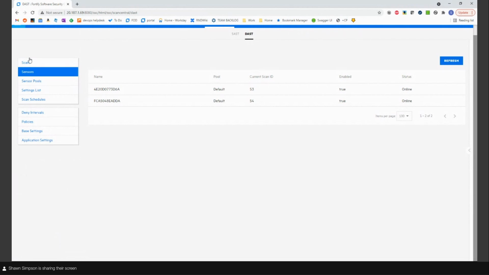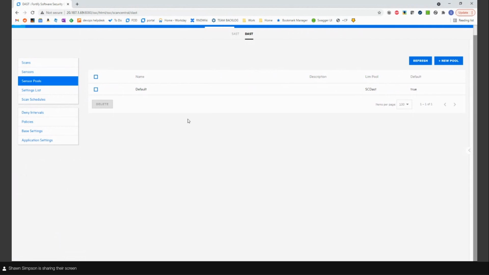But based on prioritization, we can also start incorporating those long-running scans, and we can also pool these sensors. Now, because I only have 2, I only have a single pool where everything goes into. But we can start thinking about, okay, if I have long-running scans, they may need to go here. Or I have critical apps. These are going to be high priority. They may have a dedicated pool of 5 sensors, something like that, where we can really make sure, based on